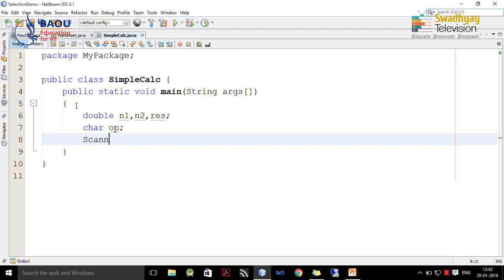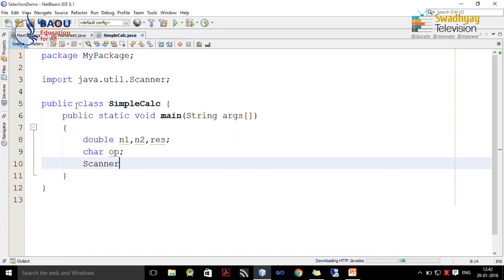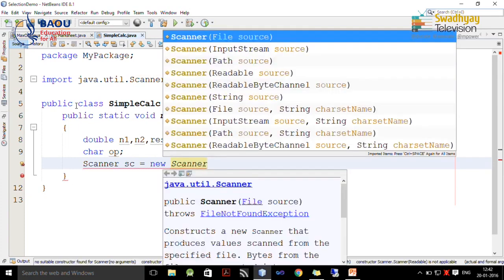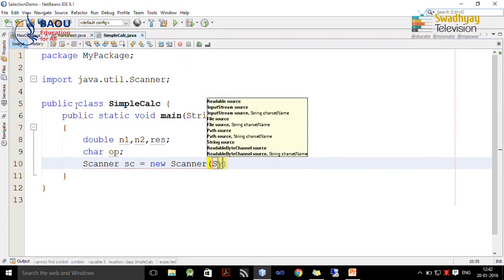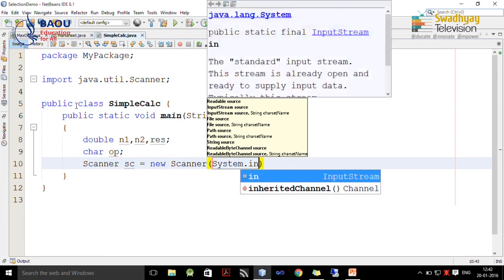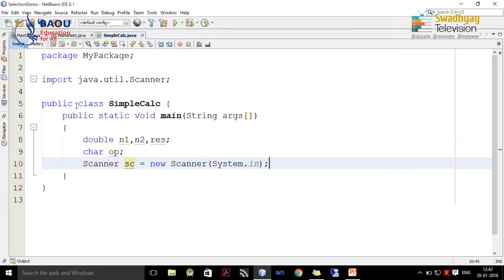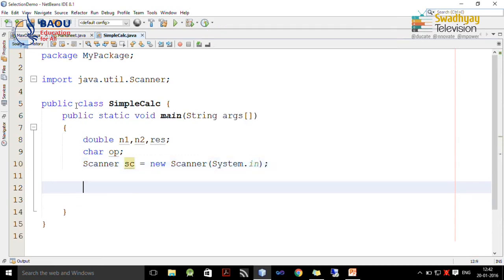And we are also going to declare scanner class and create instance of scanner class, and we provide as a source input stream which is a keyboard. So we have all necessary variables declared.